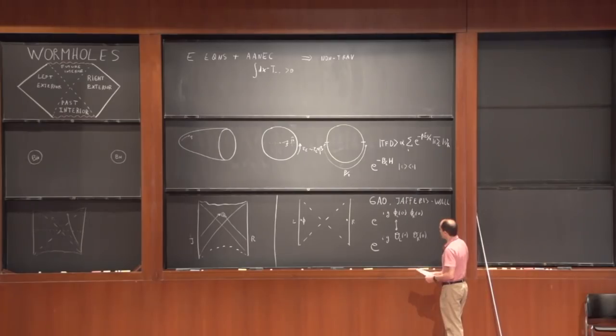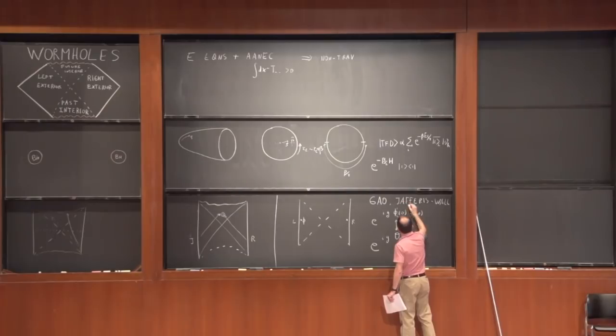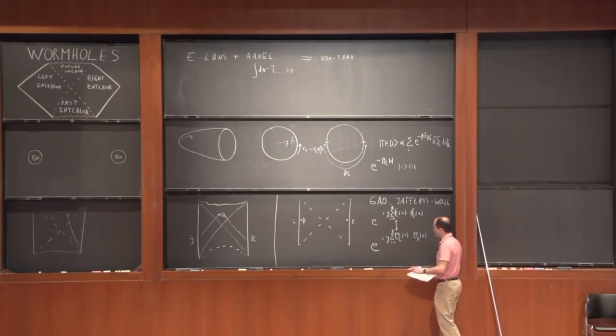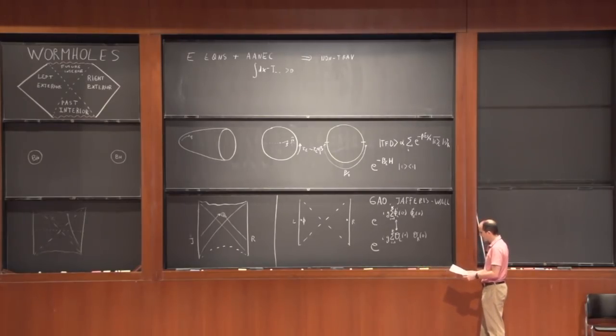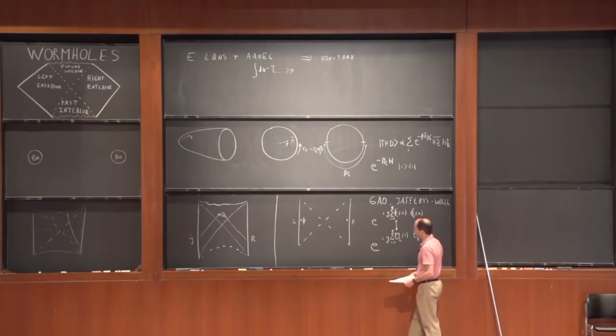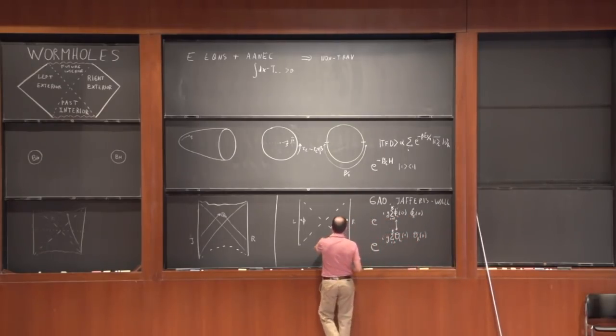Now, in order to make the effects we're going to talk about a bit larger, we are going to consider several fields, where we go from 1 to k, and then the corresponding operators going from 1 to k. And so we're going to consider G to be reasonably small, so that for each field we can treat this as a small interaction, but then the overall effect, which I'm going to describe in a second, can be made larger. Okay. So this couples the two sides,